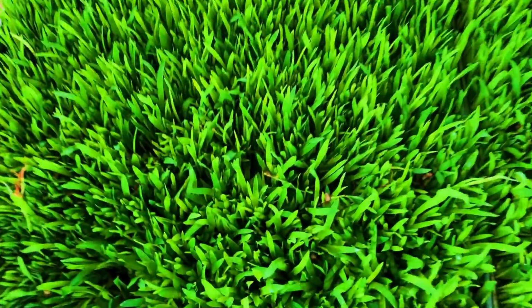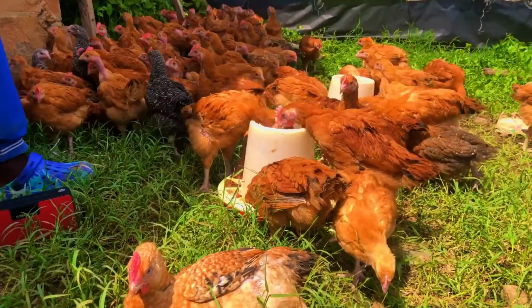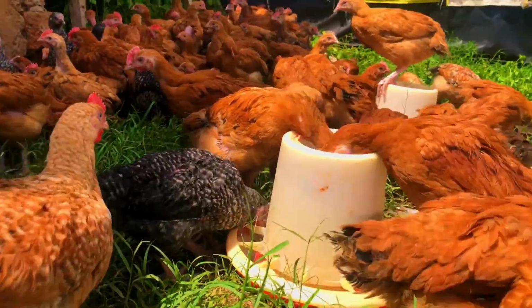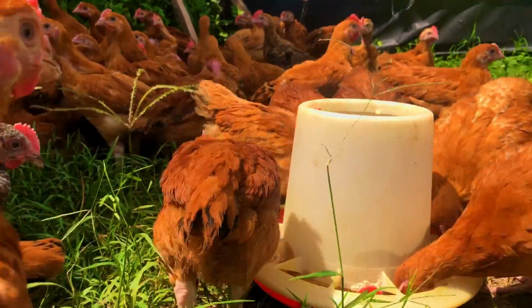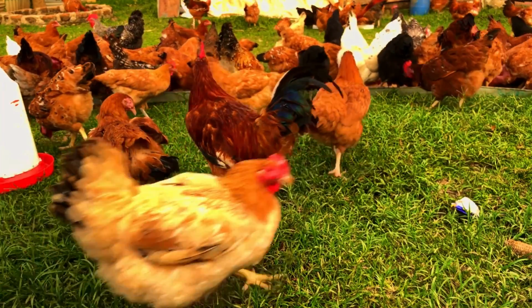So if you're using the hydroponic fodder method in feeding your chicken, you'll need to use 60% of the conventional feed, that is the commercial feeds, and you'll need to use 40% of the hydroponic fodder. By using this method, the cost of producing one egg is 5 shillings and 60 cents. That is if you are in Kenya, and if it is worldwide, it will be